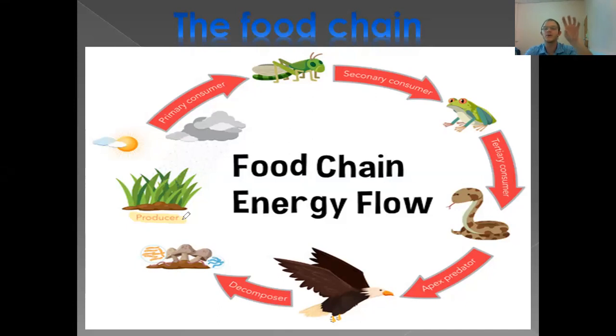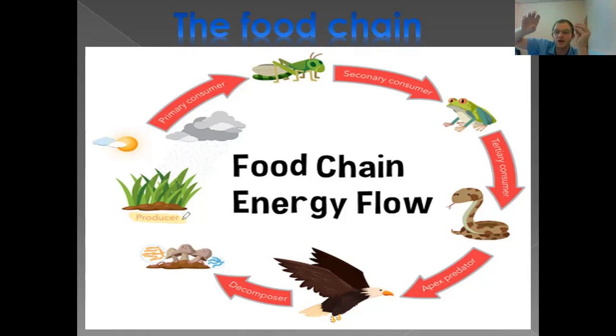So in the food chain, what happens is we have the plants. The first consumer, the primary consumer, eats some of the plants. Now it grows and it creates more babies and carries on producing more and eating more. Now the primary consumer is also food for the next consumer.